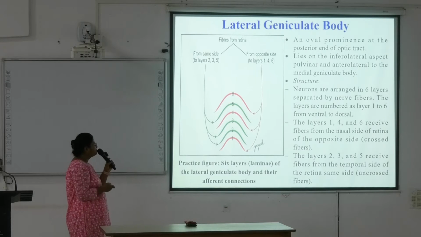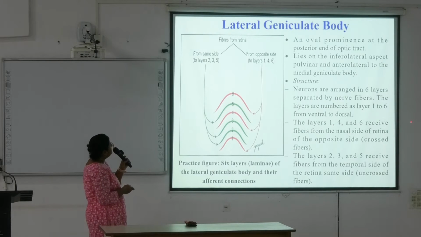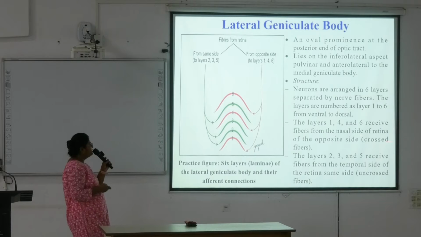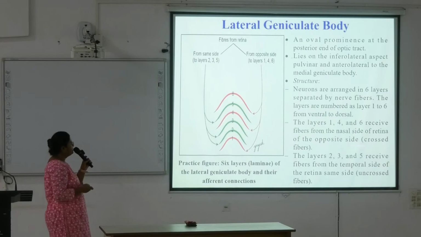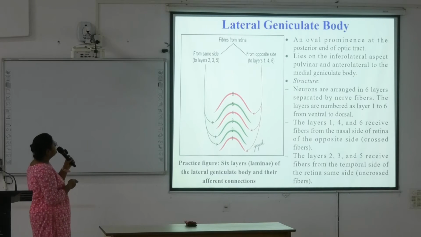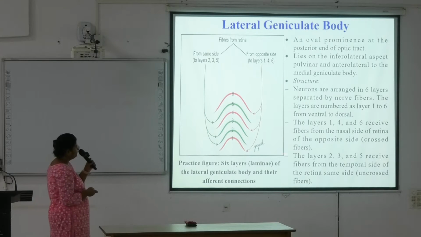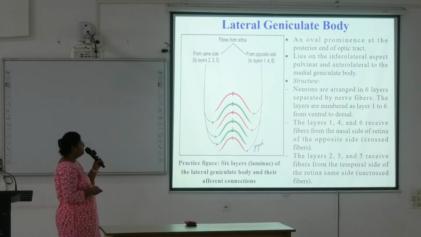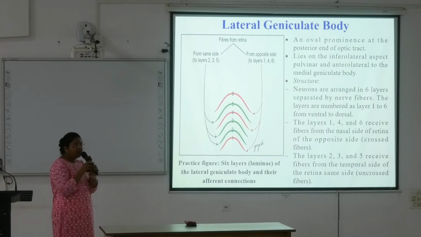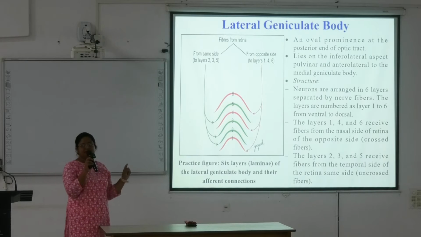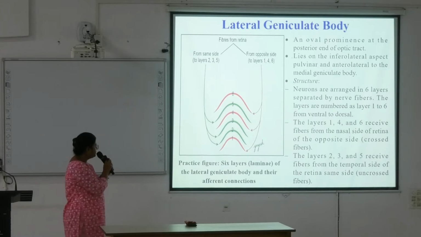Here, ventral to dorsal. The layer 1, 4 and 6 receive fibers from nasal side of retina of the opposite side, crossed fibers here. From the opposite side, 1, 4 and 6 is getting crossed fibers. And the layer 2, 3 and 5 receive fibers from temporal side of the retina of the same side. Okay, 2, 3 and 5 getting temporal side of retina, same side, uncrossed fibers. There is crossing of some fibers in the optic chiasma, that's why this is occurring. Next,